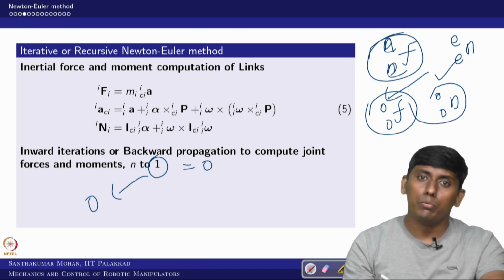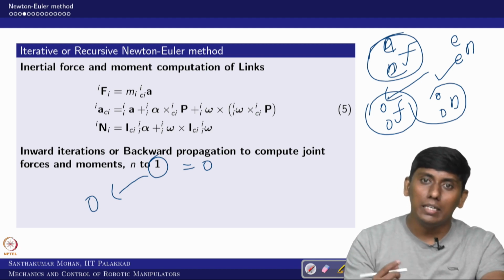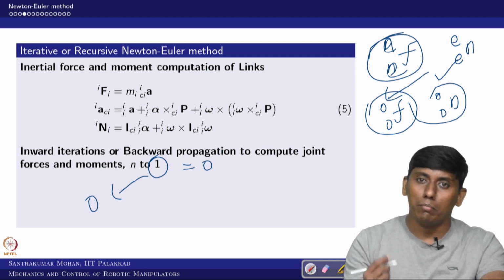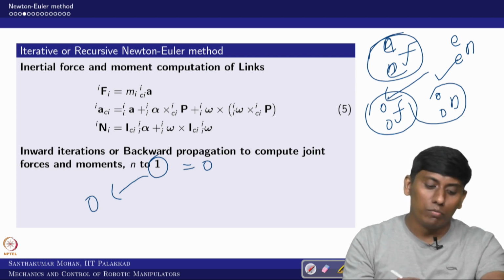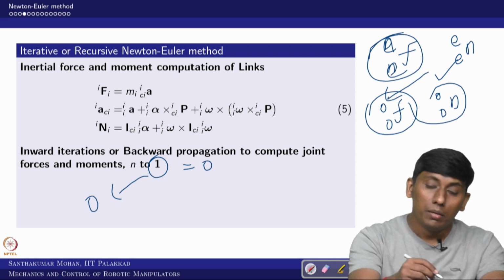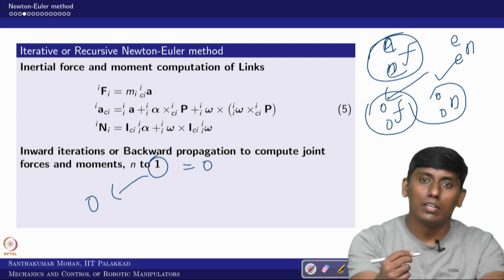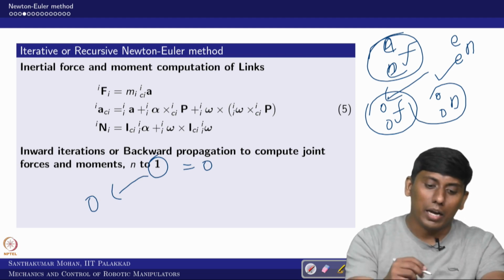One simple advantage I want to tell here: in the comparison between Lagrangian Euler and Newton Euler, the Newton Euler would give all three axis force components and moment components. So in that sense, when you want to do structural dynamics or a design, these equations would be beneficial. Okay. That's why we are always encouraged to use Newton Euler rather than Lagrangian Euler. We will see the comparison between these two in the next lecture, but anyhow now you can get this idea.